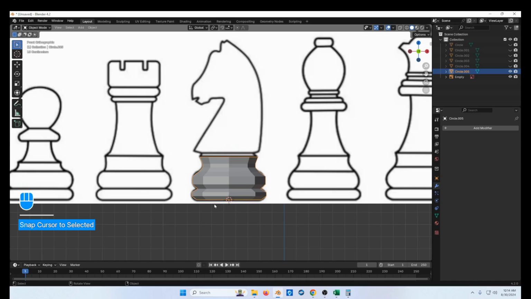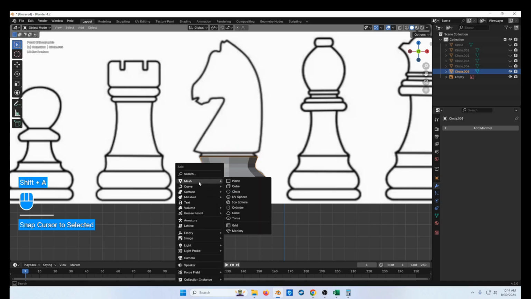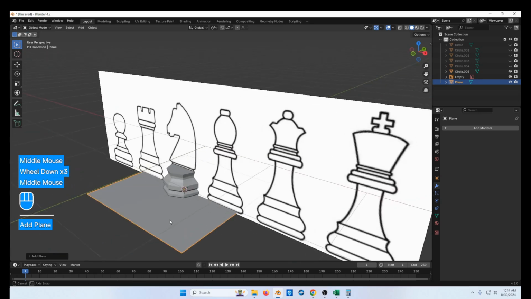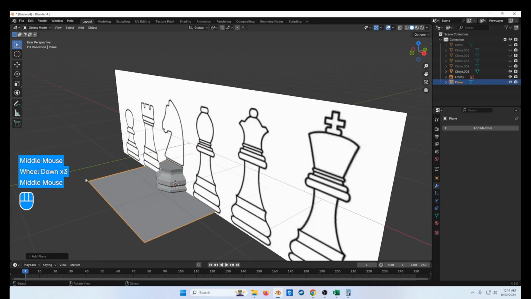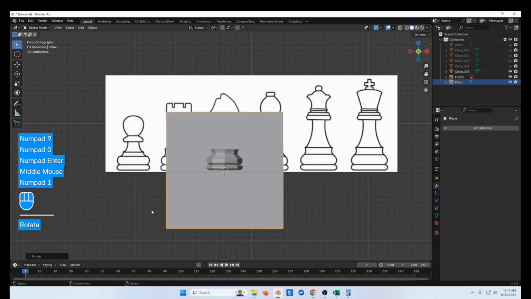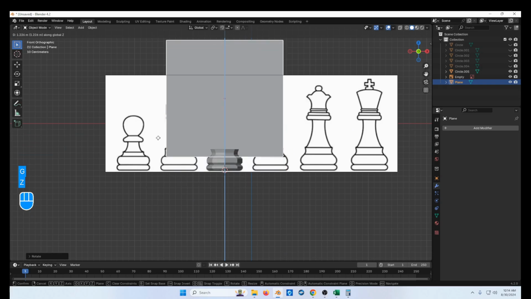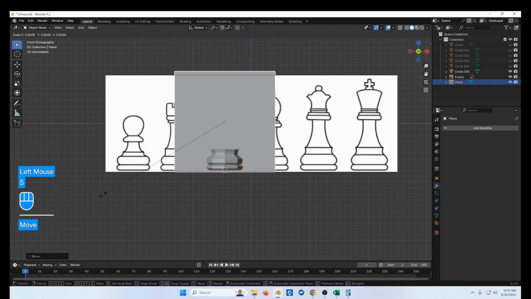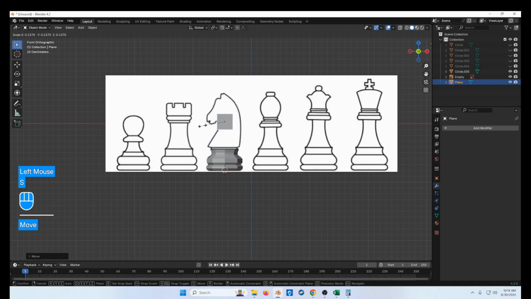And now we're going to hit Shift A to add a mesh plane. And at the moment, our plane is laying flat. So we're going to make sure it's selected, then R to rotate, X for the X axis, and 90, then enter. Now that we've done that, I'm going to grab it on the Z axis and roughly center it where I think the knight is, and then scale it down a bit smaller,